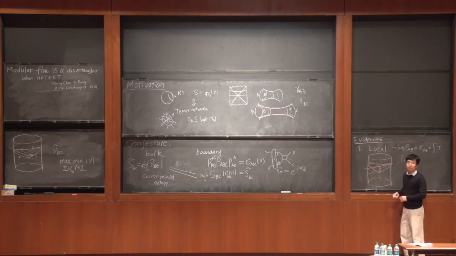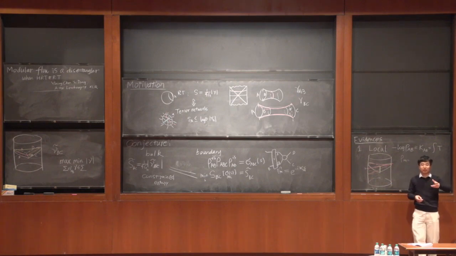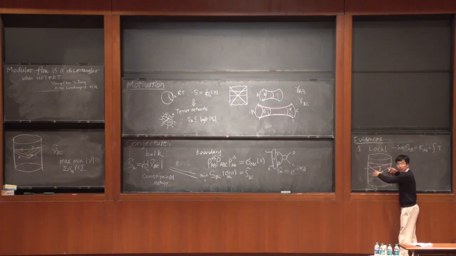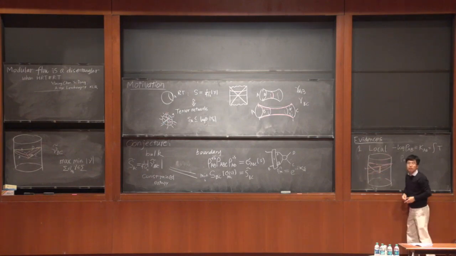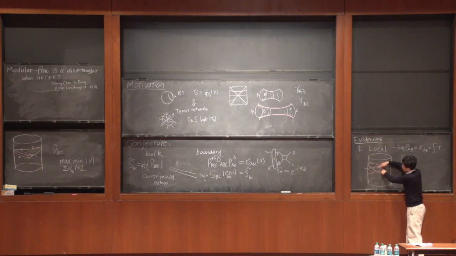If the boundary slice itself preserves reflection symmetry, then the minimal surfaces already cross each other. Yeah. So we start from somewhere here, and then you can do the modular flow, and then